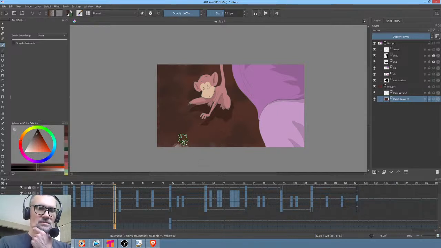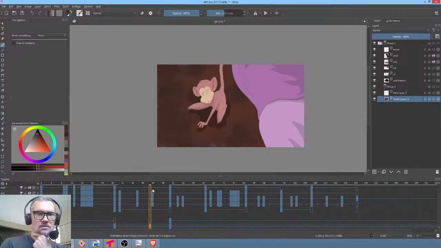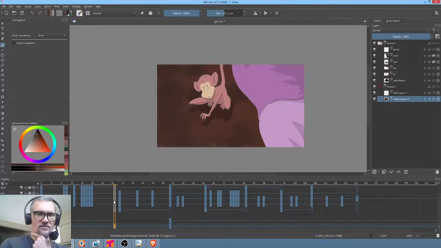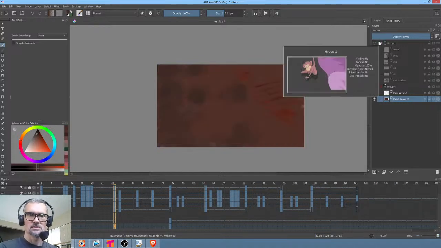Sometimes with this brush, I love this brush, but the one downside to it is because it's got a smudge factor, it can pull color away from the edges and expose the alpha. So there, okay. Now, they're okay. Yeah, I can see kind of a major problem actually. Let's take this out